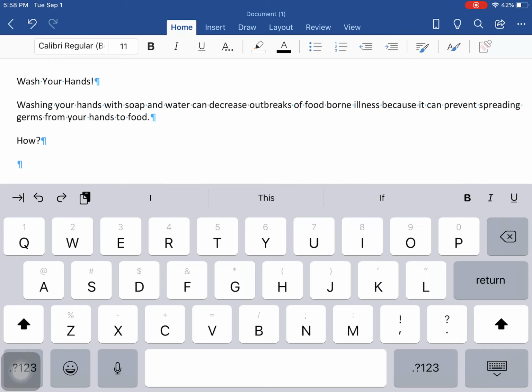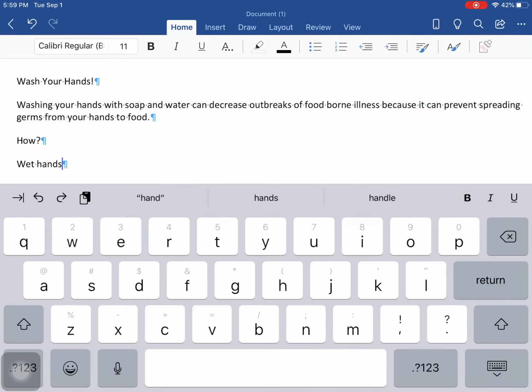I actually want you guys to do the same just so we could practice using that spell check feature in Microsoft Word Mobile. So we are going to type wet hands with, and this is where the typo comes in, clean. If I try and type it, it already autocorrects. I'm going to go back and fix it to clean instead of clean so we can look at that autocorrect feature. Clean, comma, running